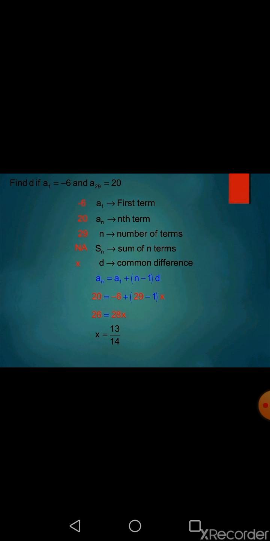I will solve. 20 equals -6 plus 29 minus 1 times d. I will send -6 to the other side with positive sign, or add 6 to both sides. So it will be 28d equals 26. To get d, I will divide by 28 on both sides. So it will be 26 over 28. Then simplify to get 13 over